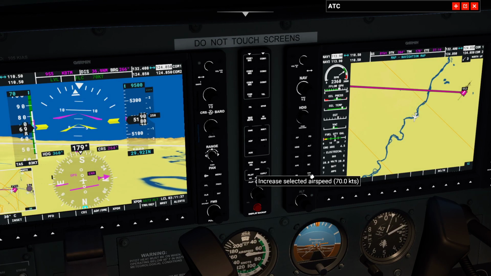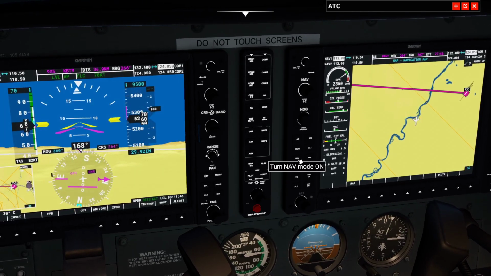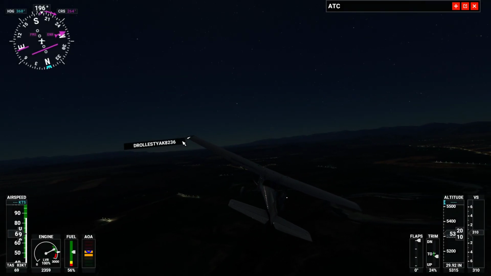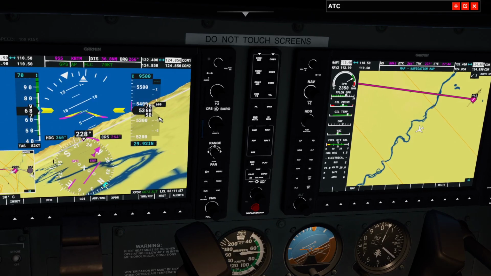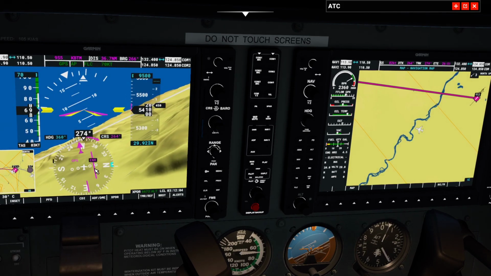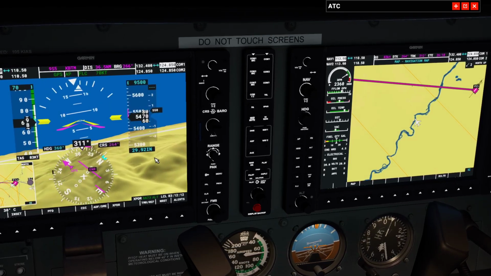I'll do it at 70, and we'll hit autopilot, and then we'll hit nav. All right. I won't go back outside. Let's see. All right. So what it's doing is it's going to line these arrows up. So it's going to course correct until it can come back online with course, which we should be fine